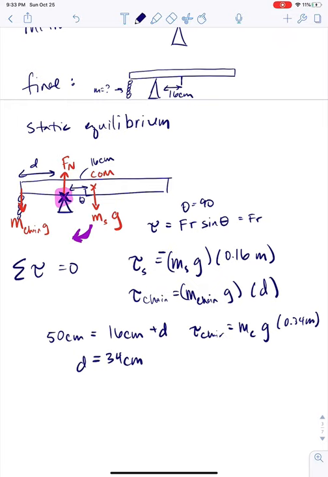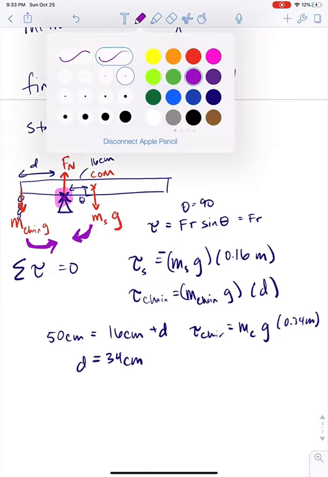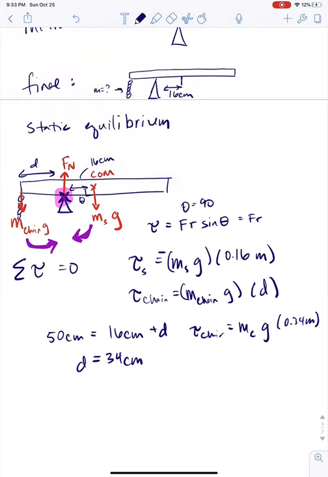We want to find the sign of this one as well. So remember here the chain is exerting a counterclockwise torque, tending to rotate this way around that balance point. And remember that counterclockwise torque is positive. So our torque for our chain is positive. Okay. So our torque from our chain plus our torque from our stick is 0,